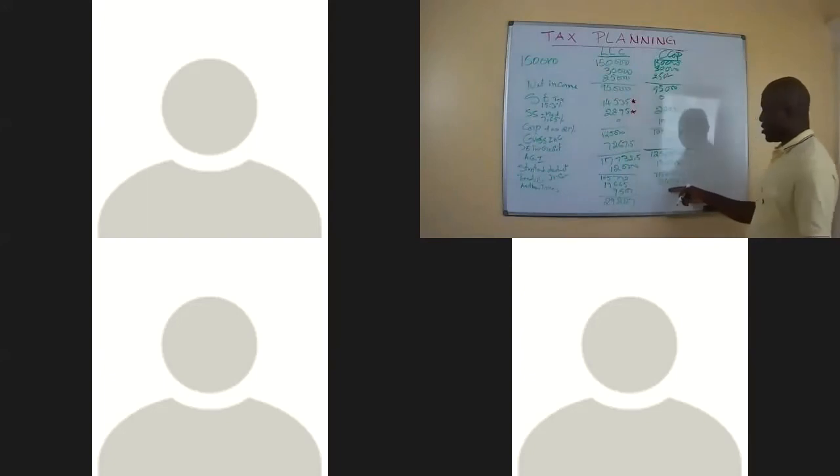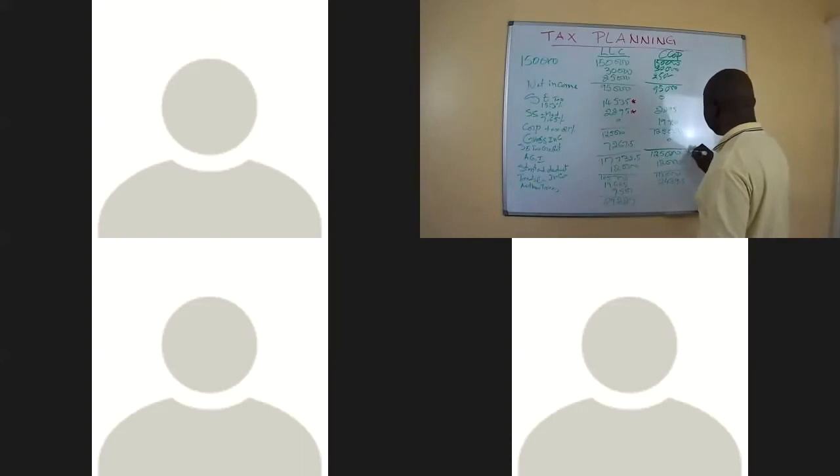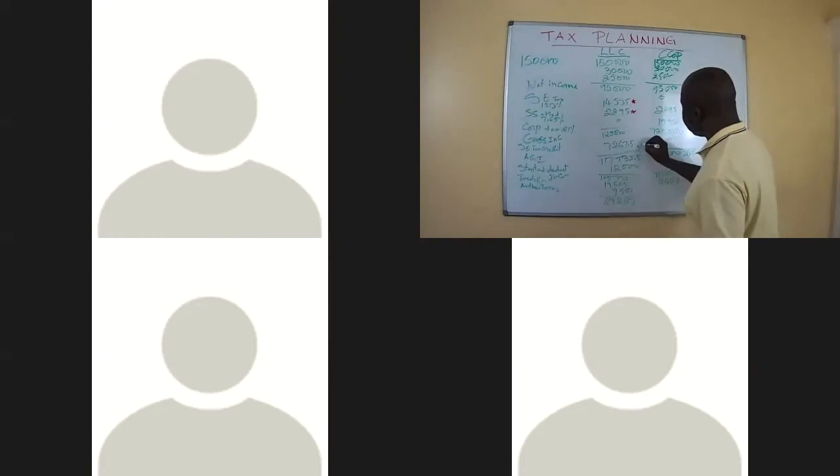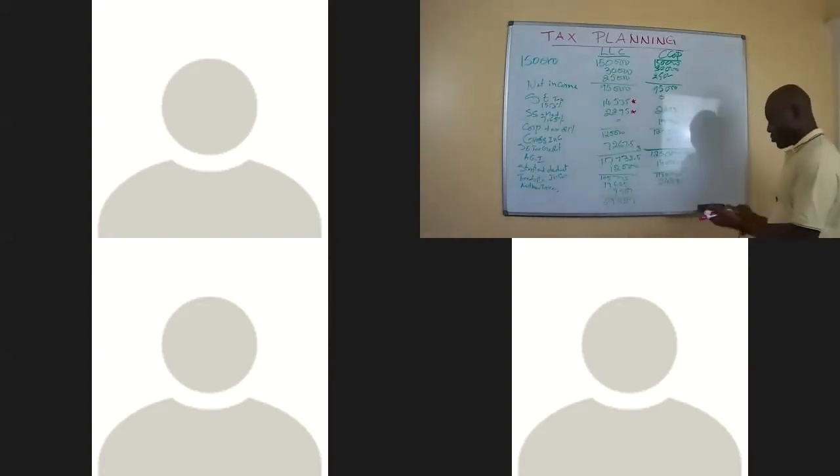This is the income tax for the level of 1 territory. This is 24,000. By the way, he belongs to the 24% tax bracket. Same thing as this one. Those two are in the 24% tax bracket. Same thing for this one, 24%. That's the reason why the tax is actually 19,000, right?